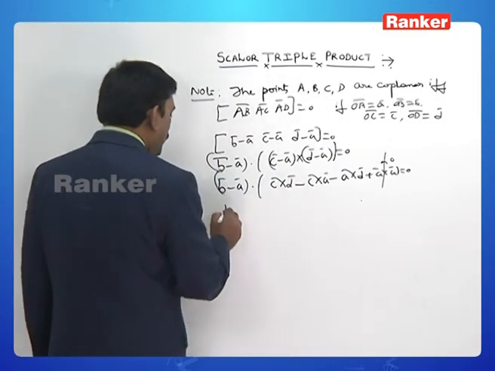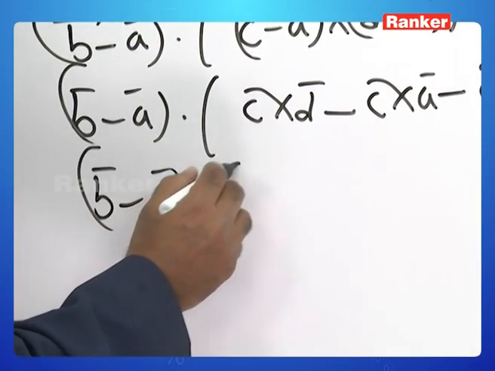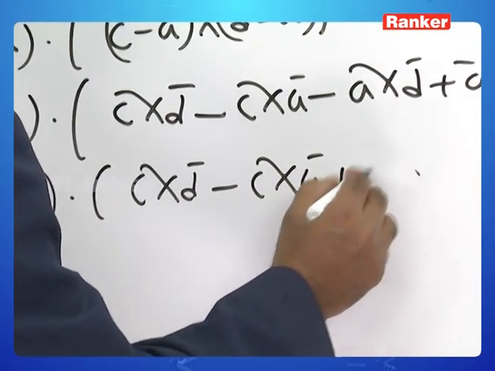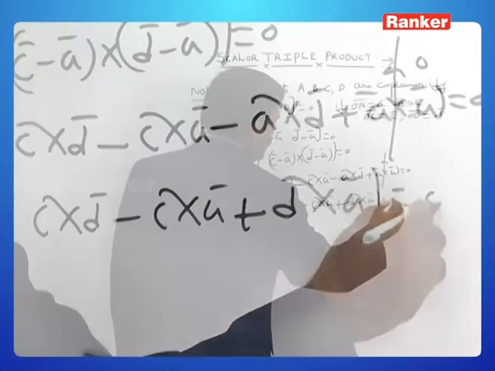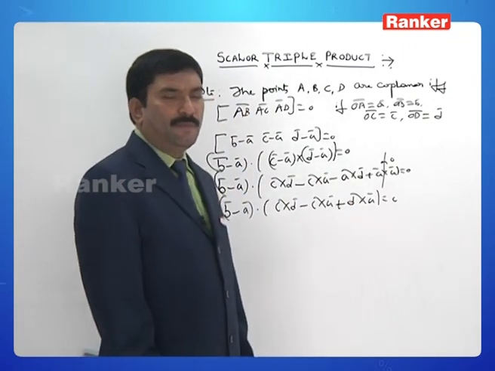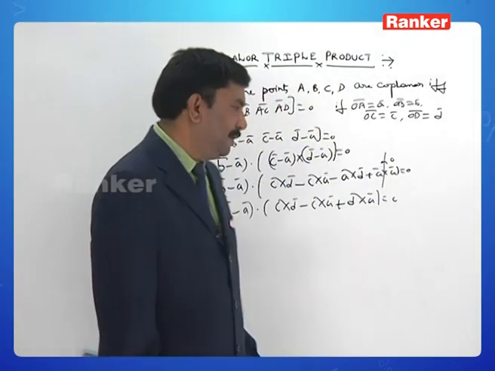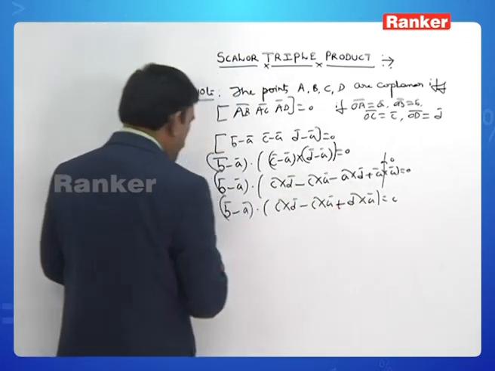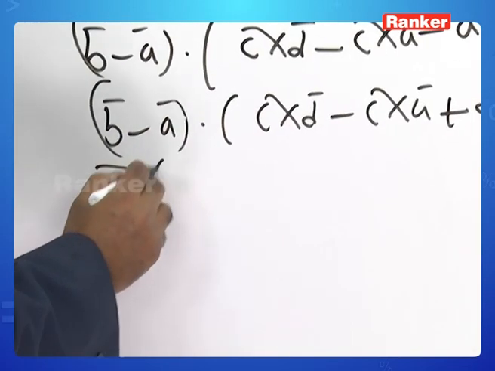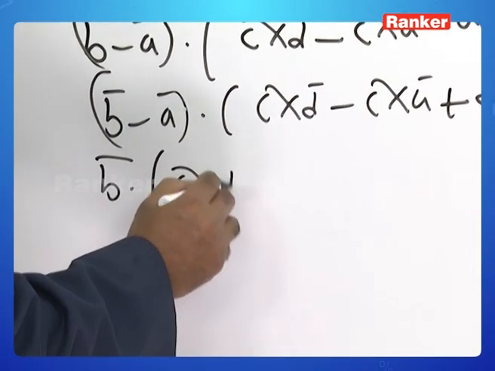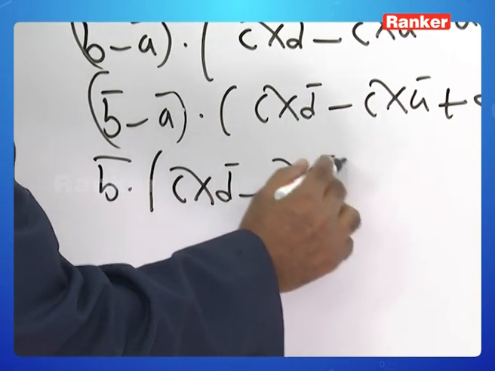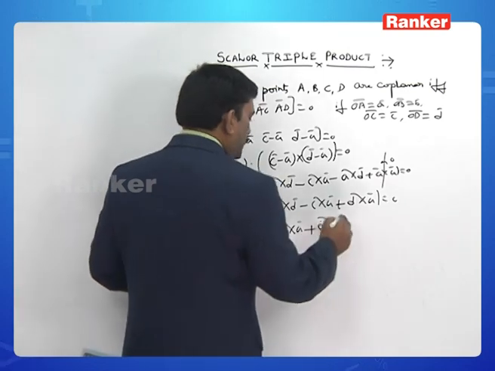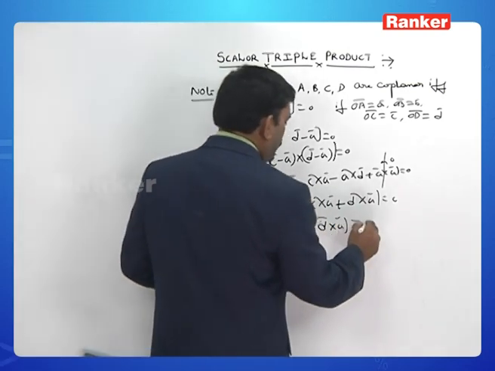Now I can write (B bar minus A bar) dot of C bar cross D bar minus C cross A minus of minus plus D cross A. I change the cross product: minus A cross D is equal to plus D cross A. Now dot product of B with this, and dot product of A with this. I can write B bar dot of C bar cross D bar minus C bar cross A bar plus B bar dot of D bar cross A bar is equal to minus of, if you transfer that, it will become